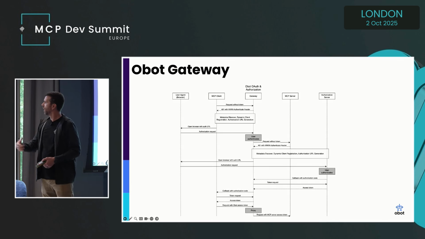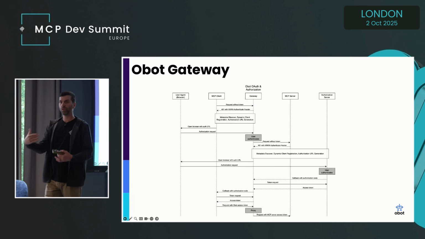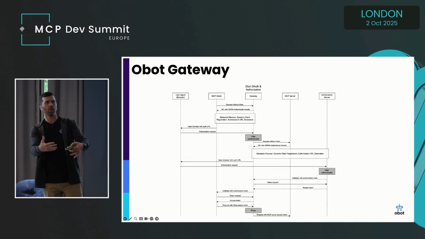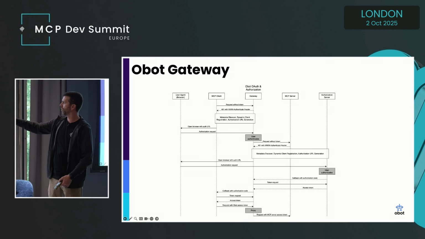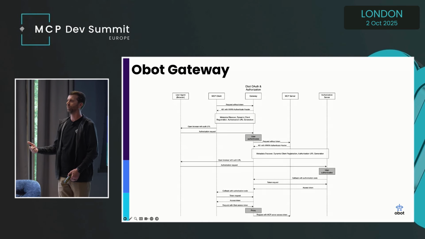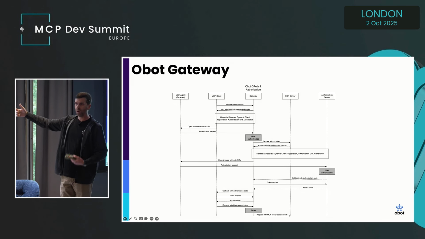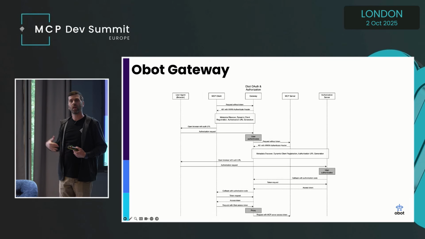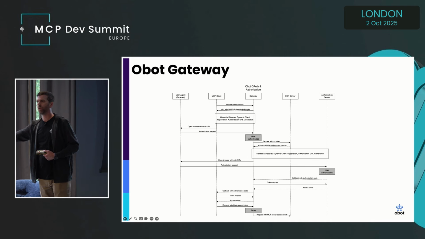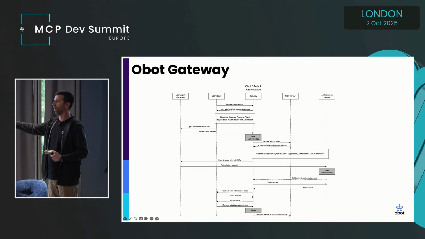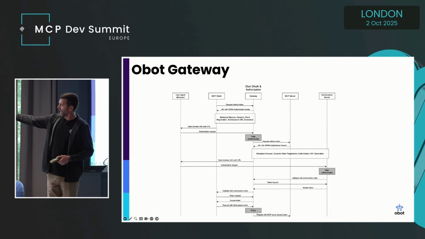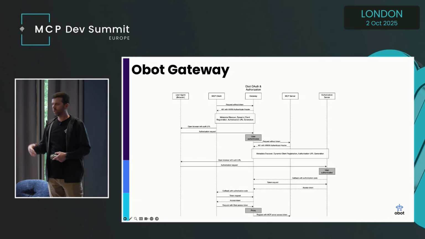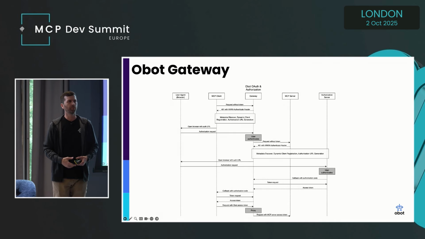Then, as soon as Obot verifies that it's you, you log in, we determine you have access, then we do the entire process again, one more time. Now Obot is the client, and makes the request to the actual MCP server to determine, does it need OAuth? If it does, it goes through the same exact process, and the user authenticates with the third-party application, calls back to us, we do token exchange, and then finally the MCP client at the very end does token exchange again.